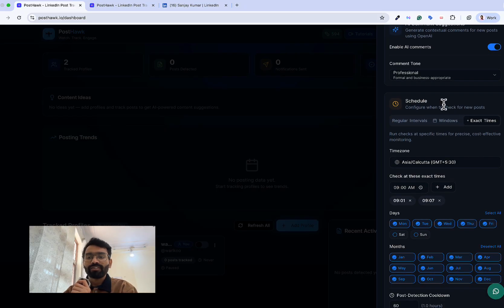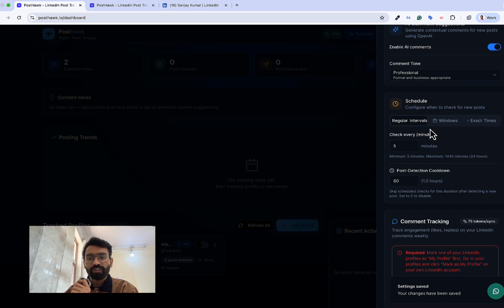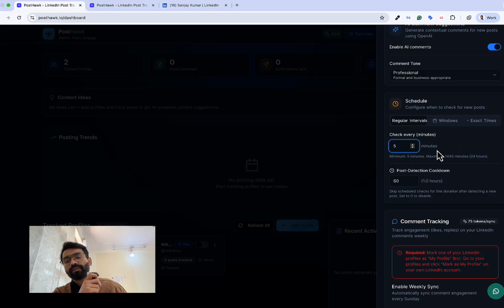And after that, this is the very important setting, which is the scheduling settings. We have multiple settings, multiple features of the scheduling. Here's the number one and basic setting, which is regular intervals. So the system will trigger at the interval that you set here, like 5 minutes, and the maximum is 24 hours. So if you set a 5 minute interval, then every 5 minutes the system will trigger to find